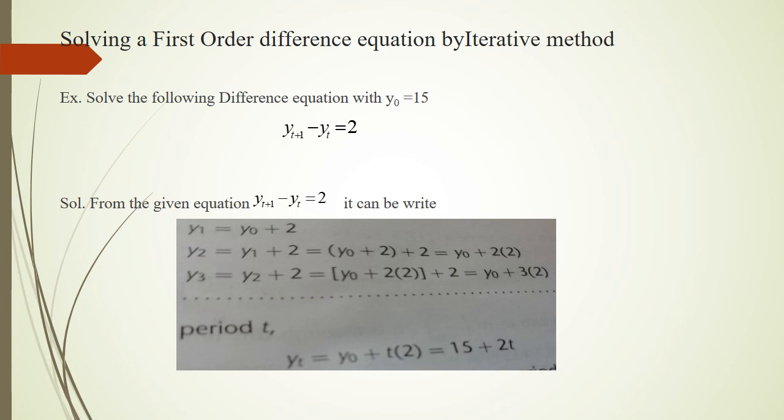Now, as I told you in the beginning, I will discuss y0 at the end. What is y0? Y0 is the initial or current value. So, by looking at the current value, you can find out the trend. You don't need to take any other y values for getting the time path. That's why we always try to convert the values with regard to y0, that is the current value which is given to us and we are aware of. So this is the solution by iterative method, yt equal to 15 plus 2t.